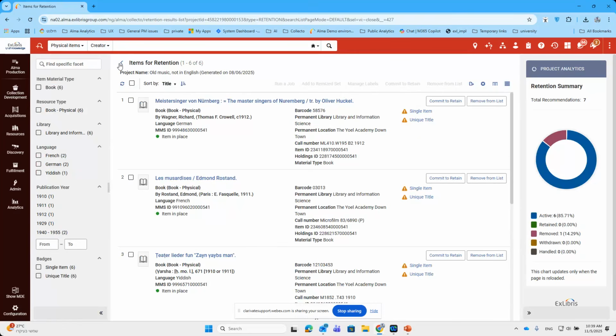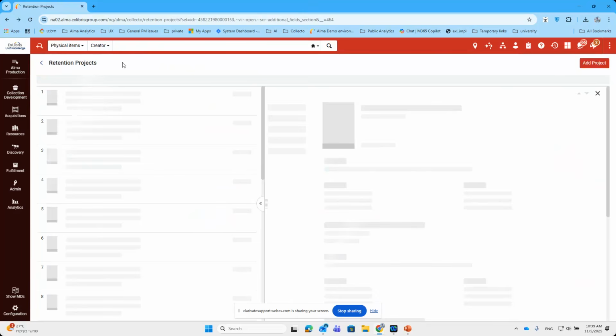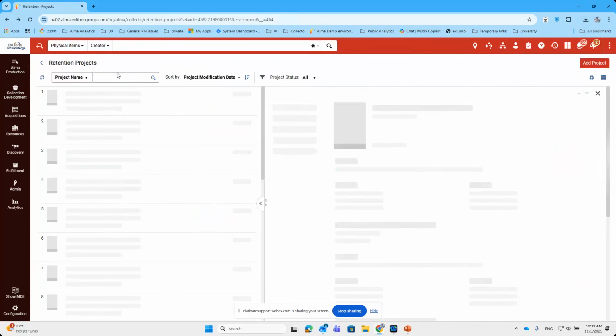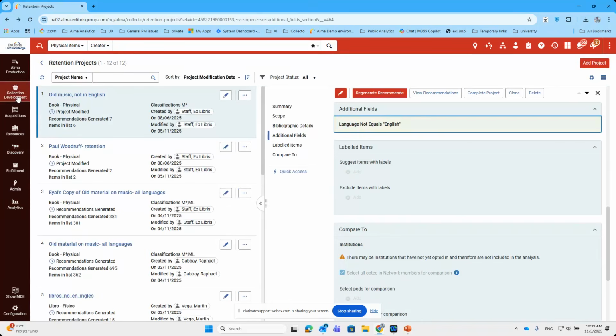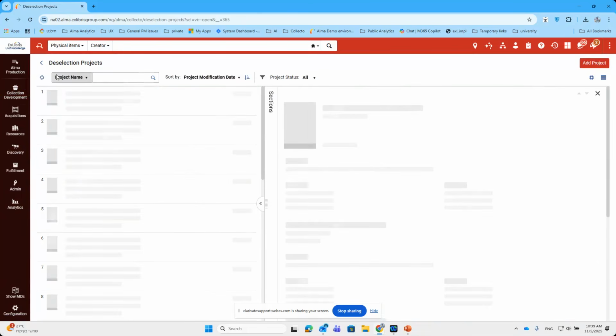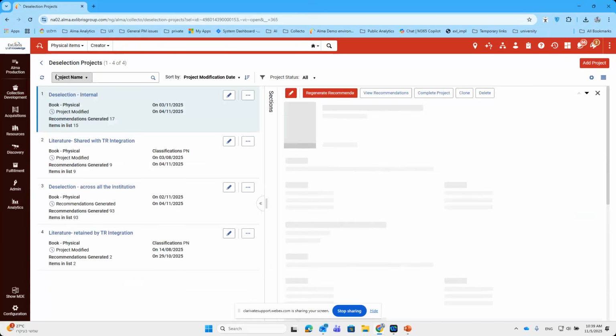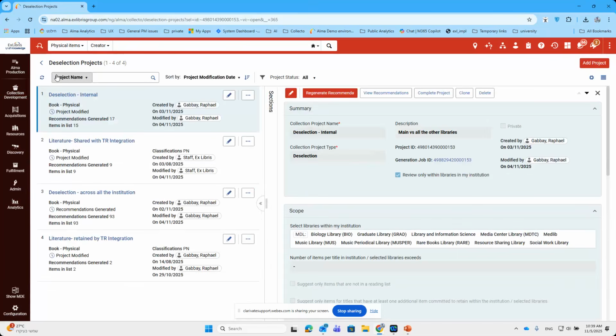We have a few more minutes before we leave time for questions and have a look at the deselection. So we'll go into our menu and choose deselection. And as I said, the deselection is the mirror image of the retention. Here we want to identify items for weeding. We want to identify items for deselection, and there are many criteria, many reasons why we would want to do